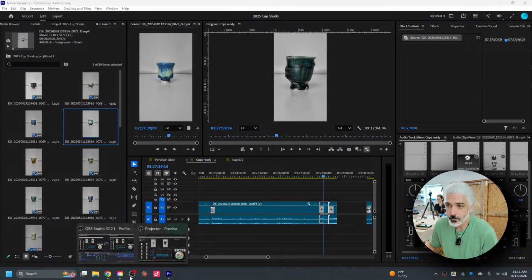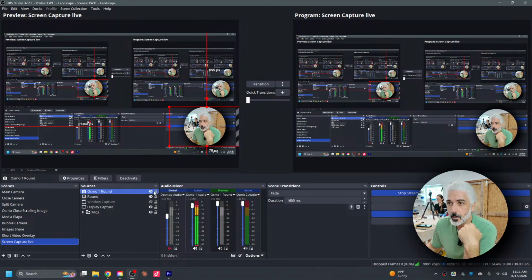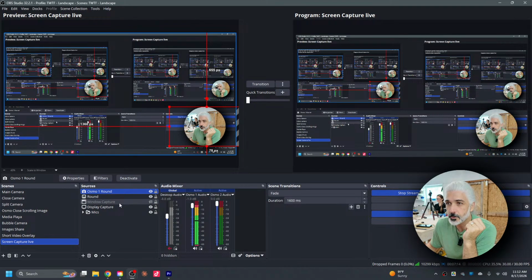I came over to OBS this morning, and I quickly threw together this screen capture live scene where I added my picture with a little drop shadow to give it some separation. Then I had a display capture.